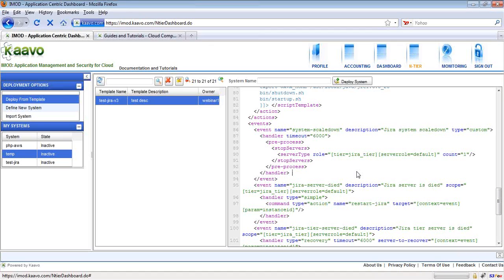When I was trying to edit the first template, there were errors because I tried to manually change some XML there. Though I could not save it because it was not allowed, when I tried to deploy a system from it, there was some error. That means manually editing a template is not a good idea. So we have to use the user interface and widgets so that we do not make any mistakes in the process.